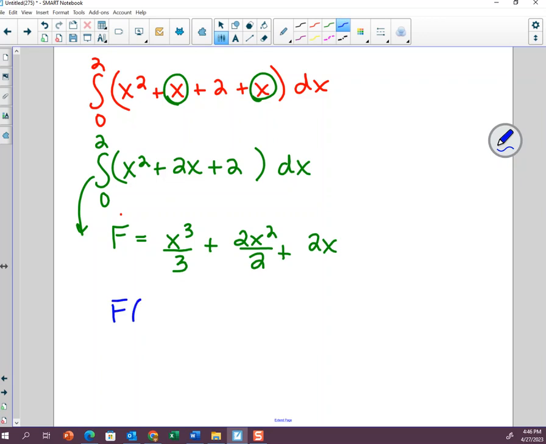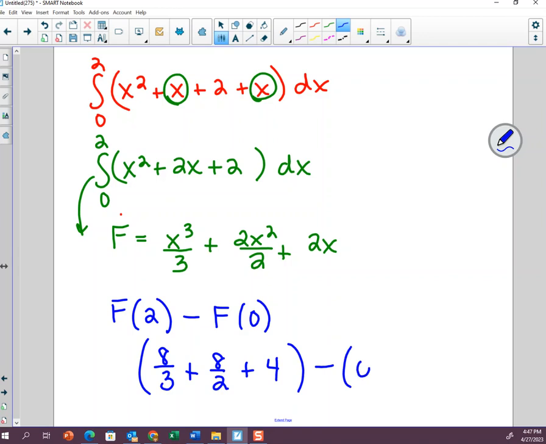So if I do big F of 2 minus big F of 0, that's going to be an 8 over 3 plus an 8 over 2 plus a 4, when I plug a 2 in there, minus what's going to end up being a bunch of zeros,